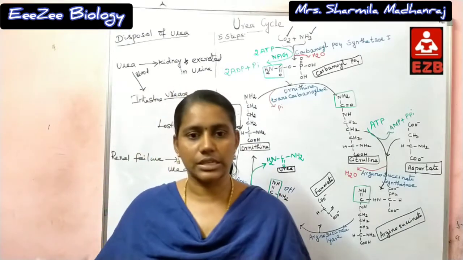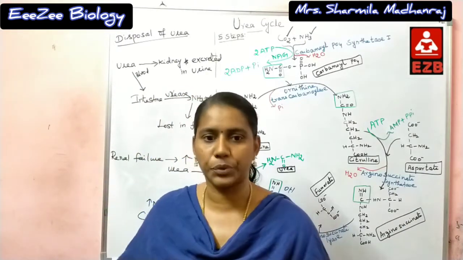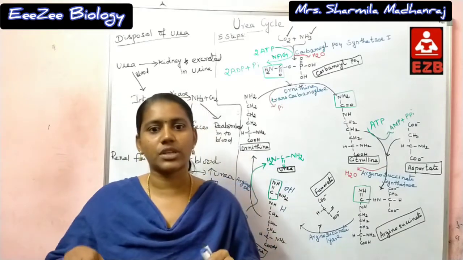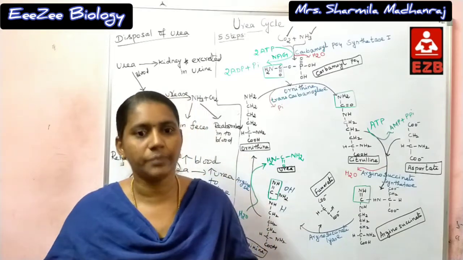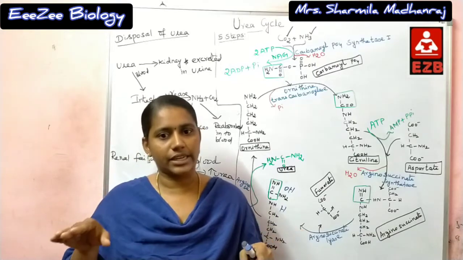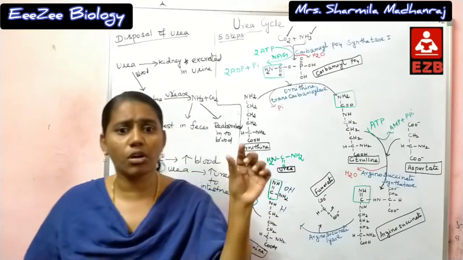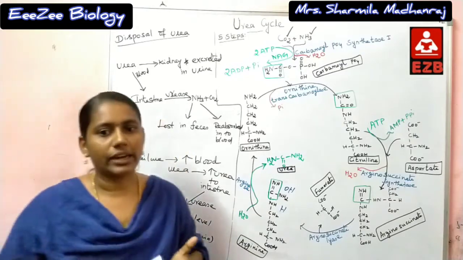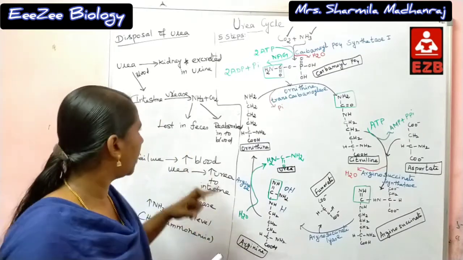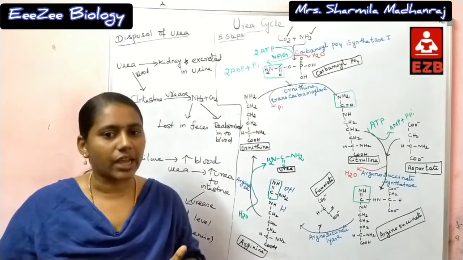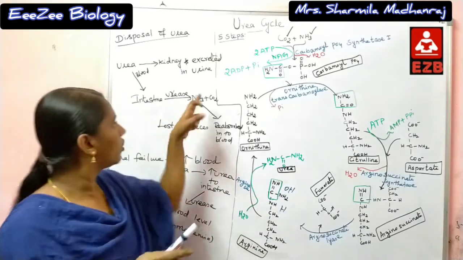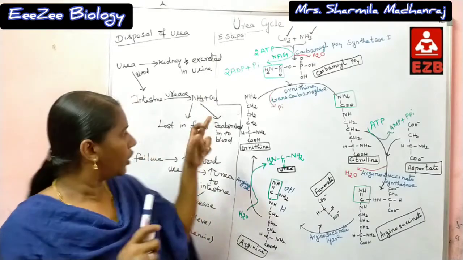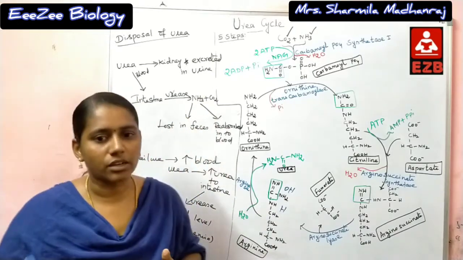Next, we will see the disposal of urea. Urea produced in the liver freely diffuses, is transported in blood to the kidney and is excreted in urine. A small amount of urea enters the intestine where it is broken down with the help of the bacterial enzyme urease to form carbon dioxide and ammonia. This ammonia is lost in fecal matter or